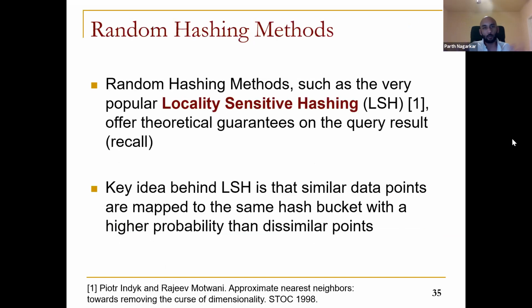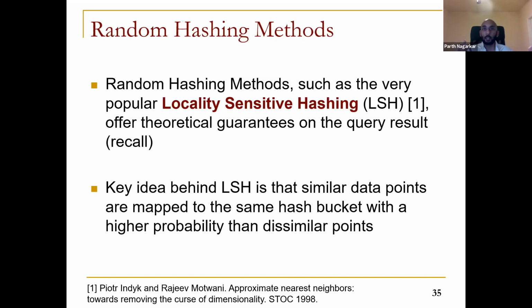And I'm going to start with random hashing methods, which is really popular. Locality sensitive hashing, which is a random hashing method. And by random hashing method, I mean that they are data independent techniques. That means that when I am creating the index structure, I am not looking at the data